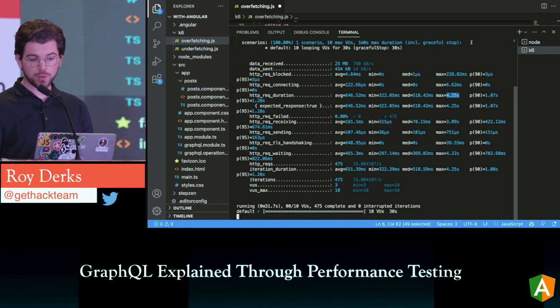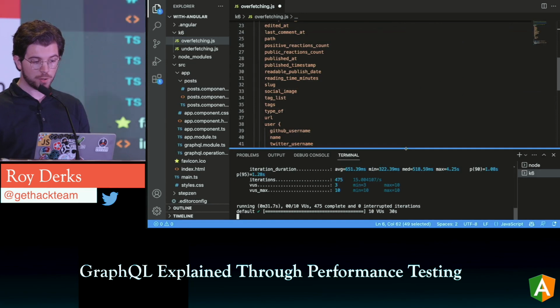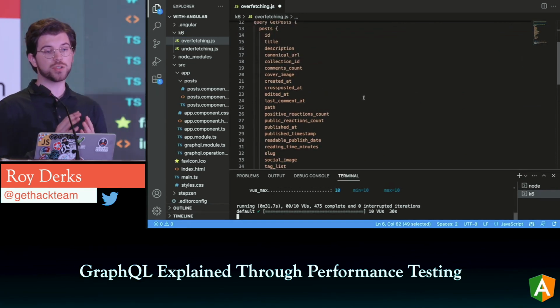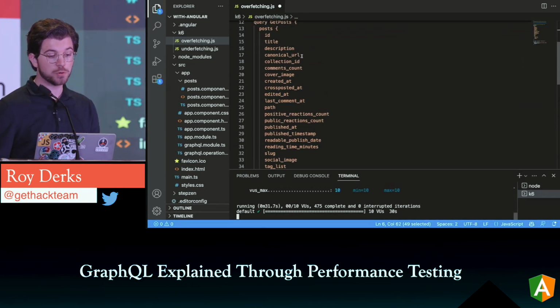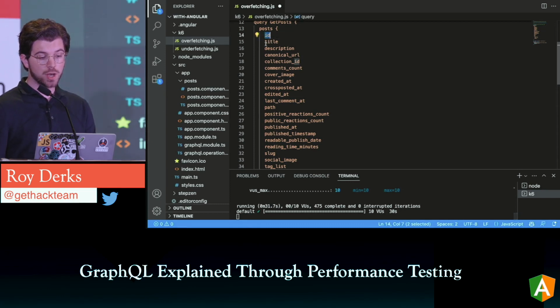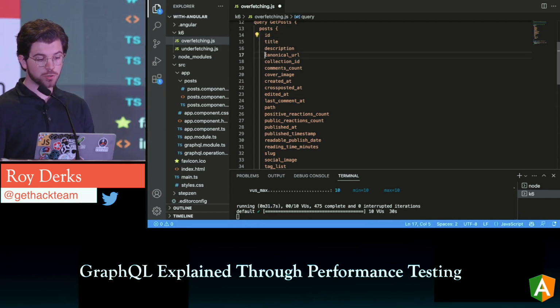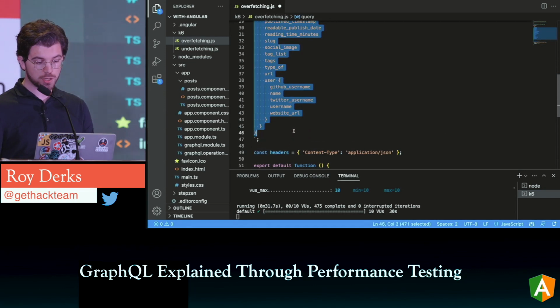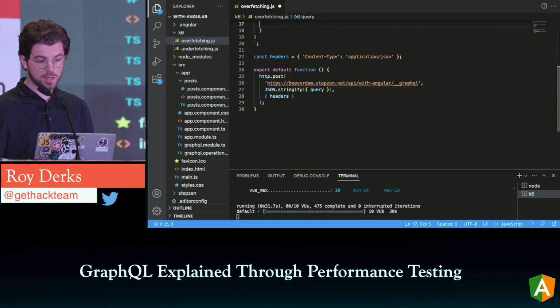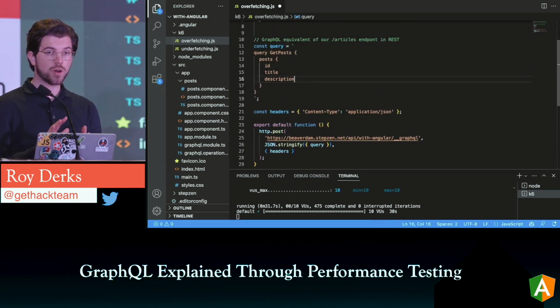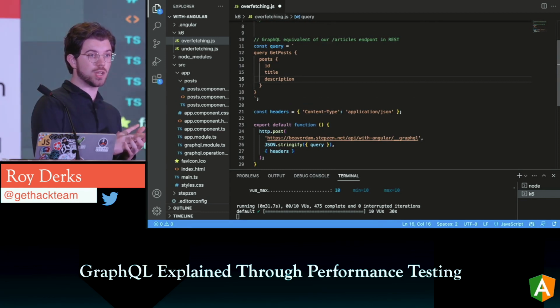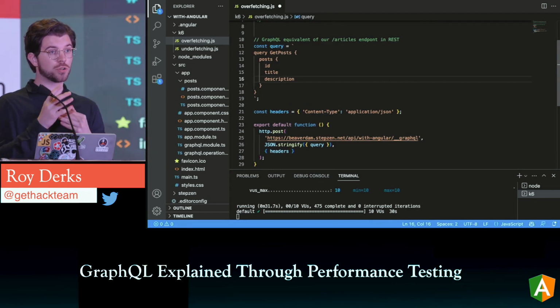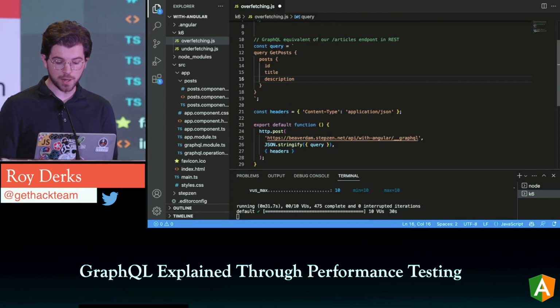And now let me go back to the file. And let me get rid of all the fields that we're not using. So if you remember the application, we were showing the title and the description. So let's just get rid of all the other fields that we're not using in this example, and see how this cleans up, right? So in GraphQL, you only need to define the fields that you need. So by getting rid of all these fields that we're not using, you can probably save a lot of data.